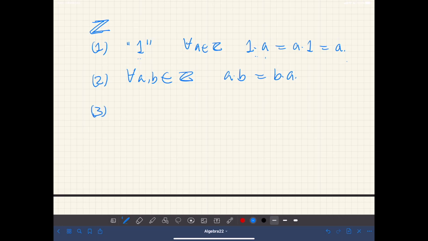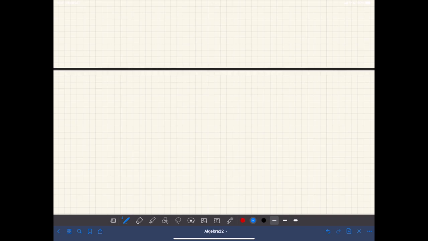And the third property is that if a and b are non-zero, then a times b is not 0. These three properties look so trivial that we don't usually pay much attention, but they do deserve some attention. So these are very special properties, but they are so important that we give